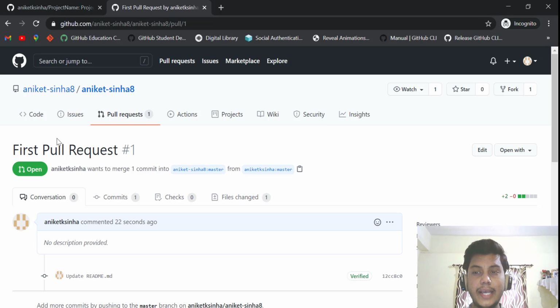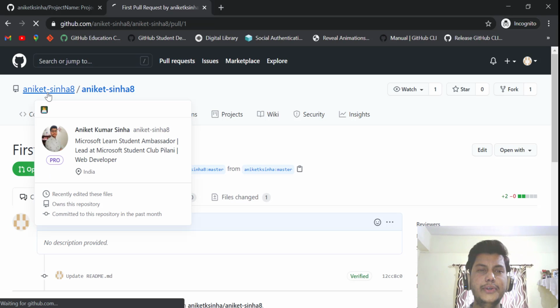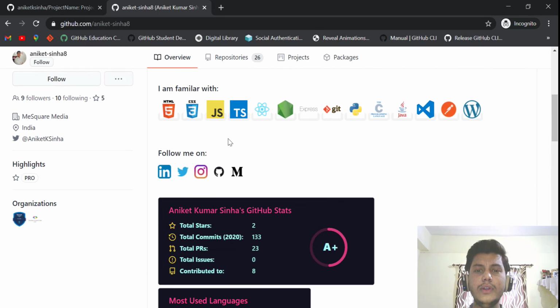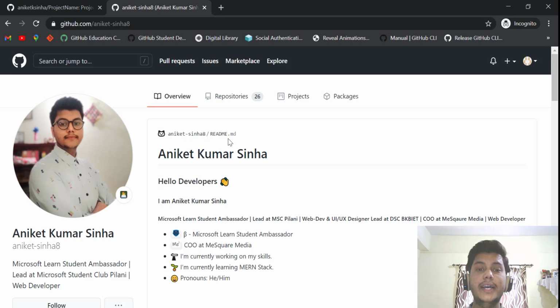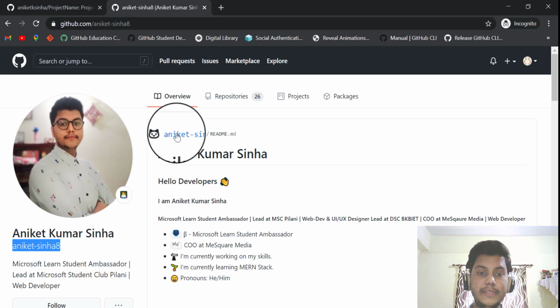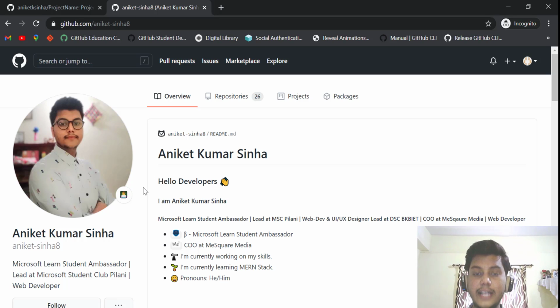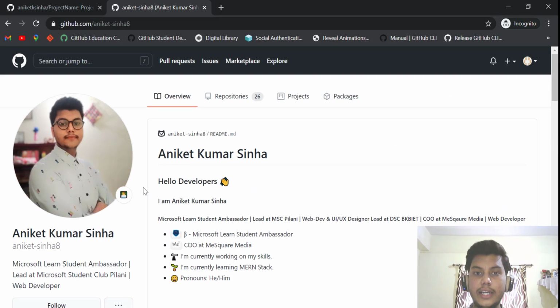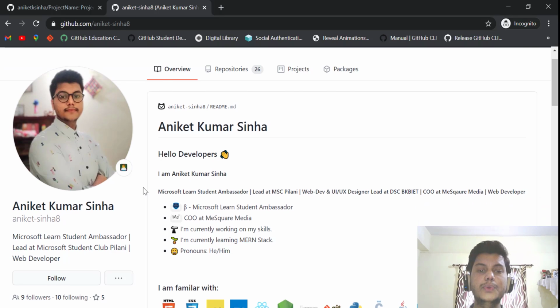So these were some basic functionalities of GitHub, and like you just now saw something like this is appearing on my profile. So this is the special feature of GitHub, in which if a repository name is same as the username, you can see this is my username and the repository name is same, and in that same repository if we create a readme.md file, so whatever will be in that readme.md file will appear on my home screen, like my account section. So this is a special feature. I will soon make a video on this too.